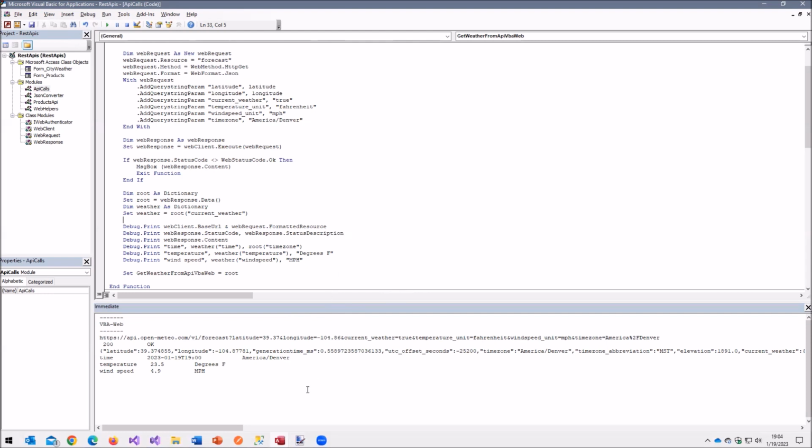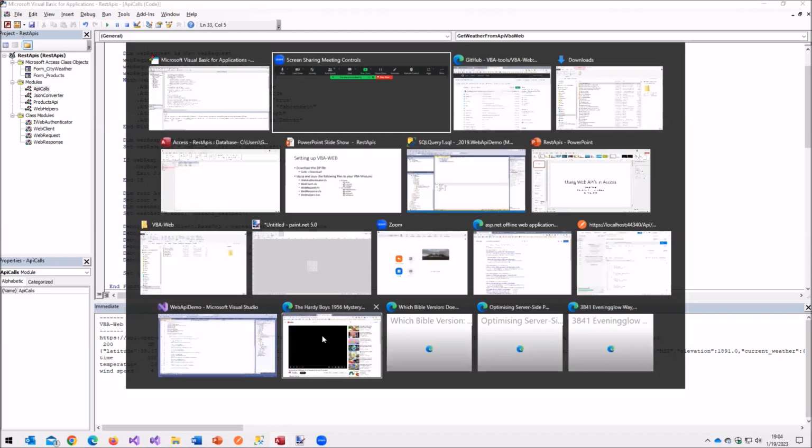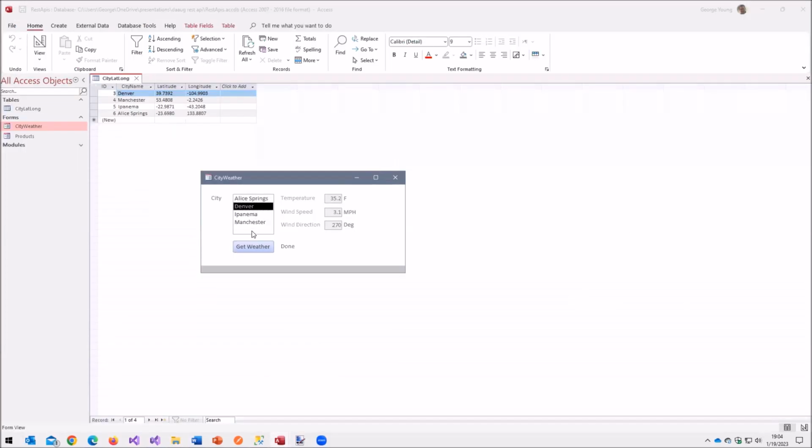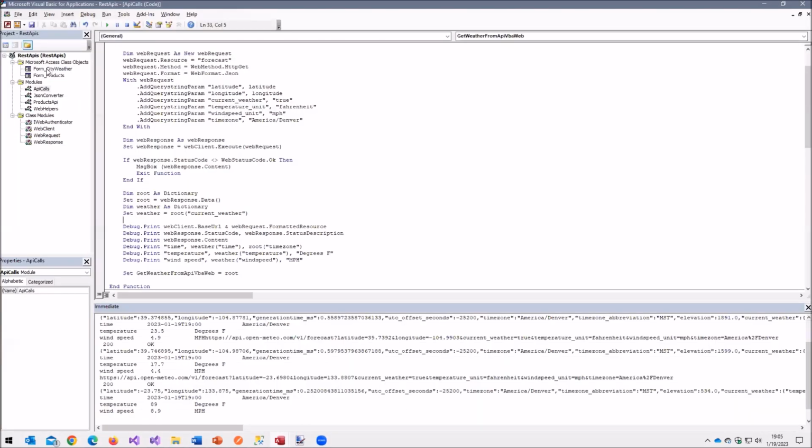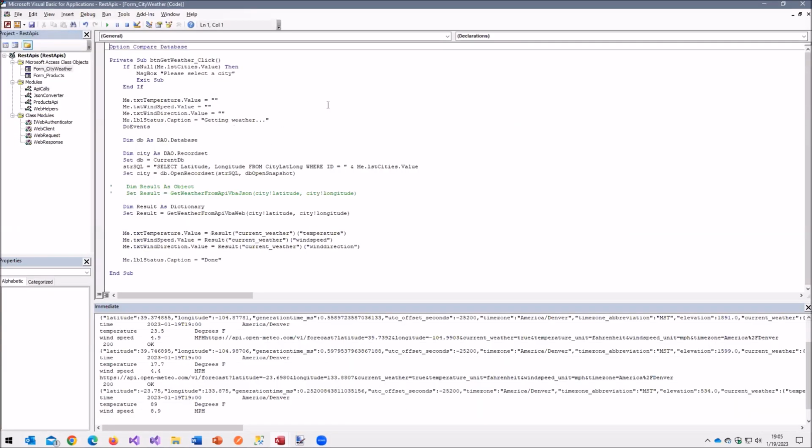No, great. Okay, so let's go back to the Access application here. So hopefully you have an idea now of what happens. Now, if you're interested in what the Access code looks like, let's take a quick look at that. That is here in the form city weather. I'll make this available for download, but essentially, get button weather click.